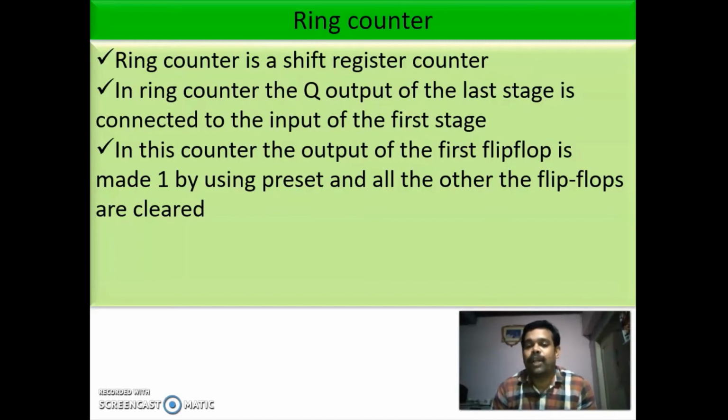In this counter, the output of the first flip-flop is made 1 by using preset, and all the other flip-flops are cleared. The flip-flop has two special inputs. One is called reset, another one is called preset. When you give a signal to preset, the output of the flip-flop will become 1. And when you give input to the reset, the output of your flip-flop will become 0. So the output of the first flip-flop is made 1, and all other flip-flops are cleared. So the initial state will be 1 0 0